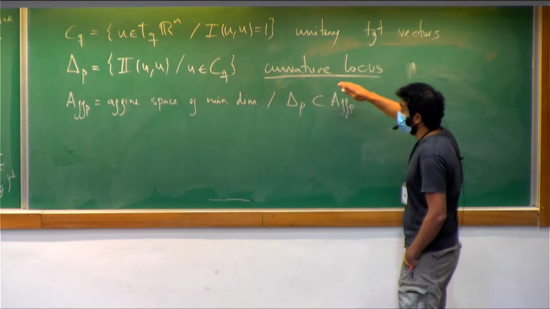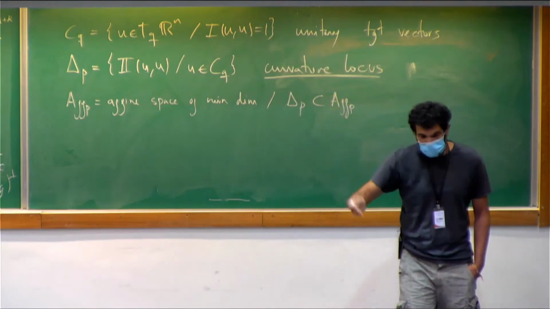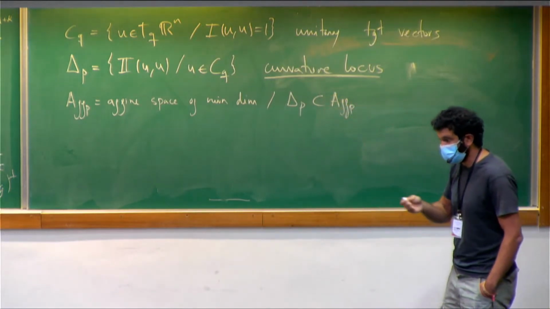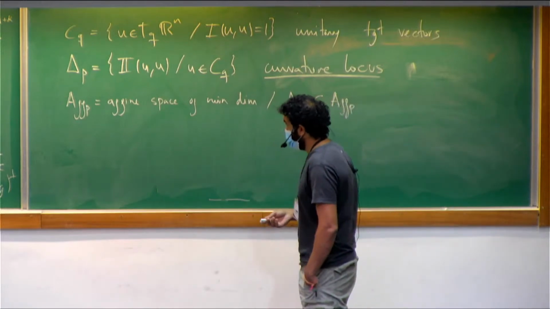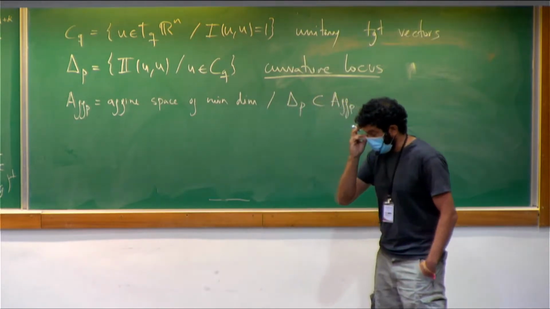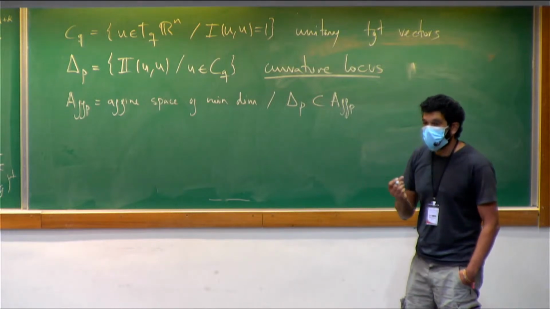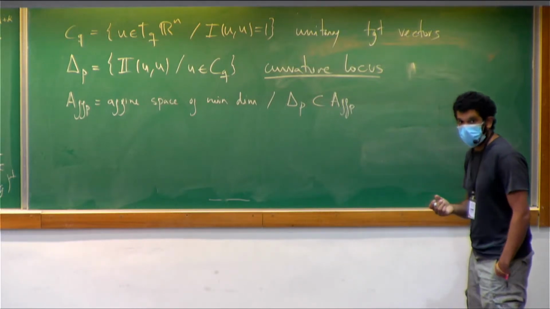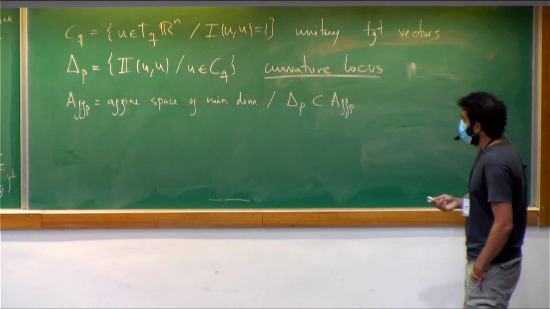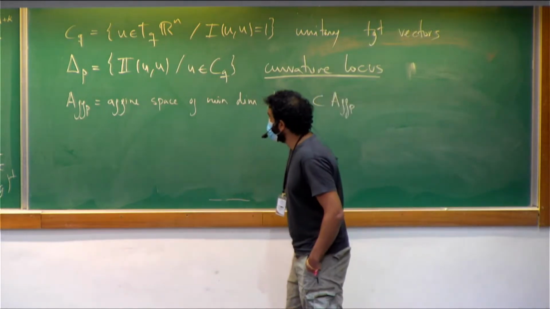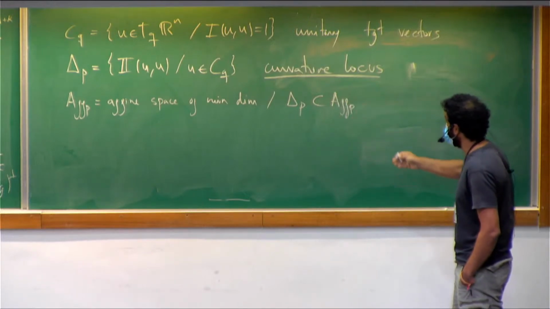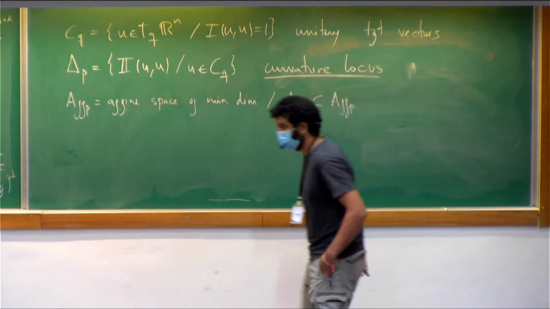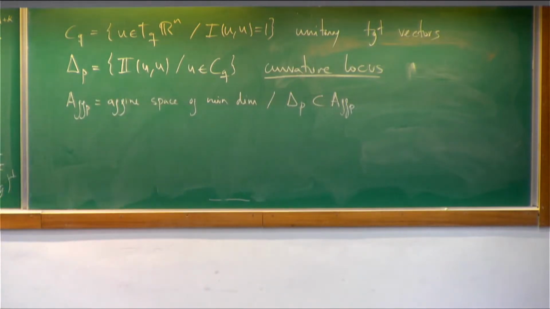This is what is called the curvature locus, and classically it's been defined for regular surfaces in R^4, where it's called the curvature ellipse. And this curvature locus codifies all the second-order geometry of the manifold. Okay, and we define the affine space as the affine space of minimal dimension which contains the curvature locus. So for example, if we have a Monge form,